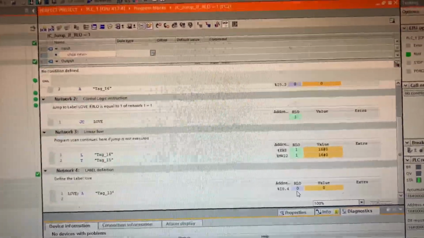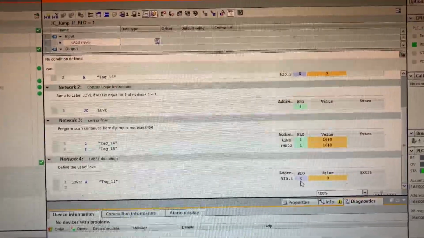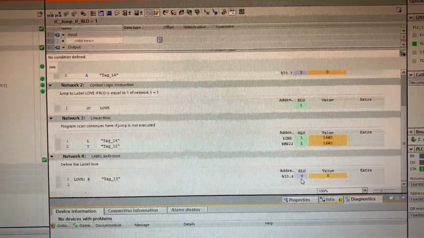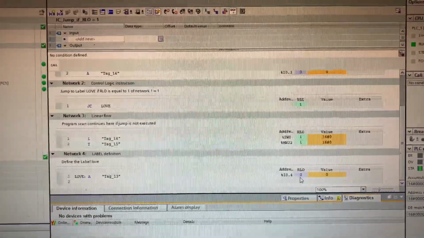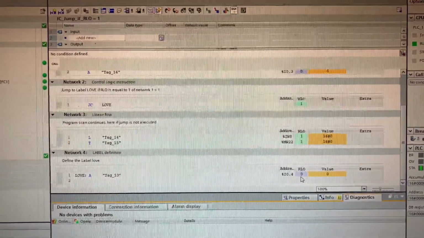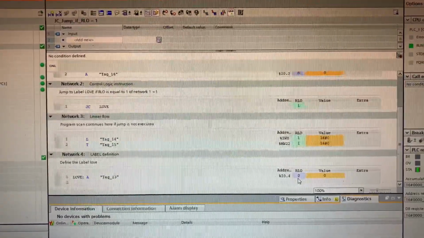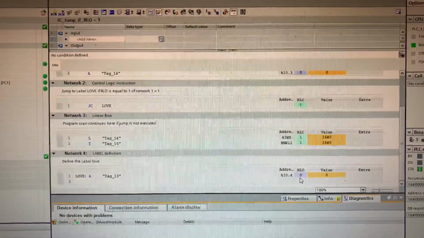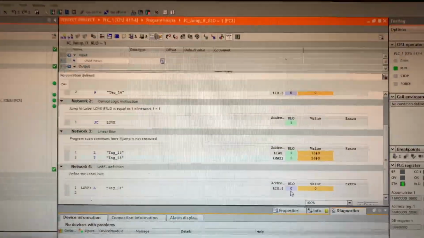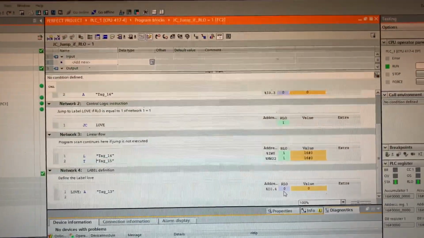So in other words, when we jump to the label LOVE, if we ever do so, it will actually check the input 0.4 to become 1. So let us try it. But to try it, we basically have to